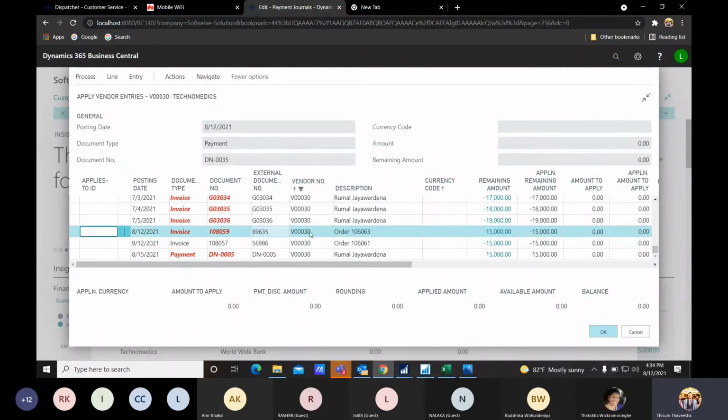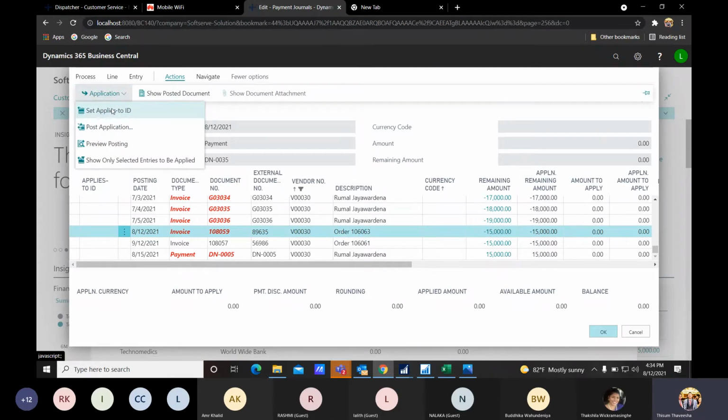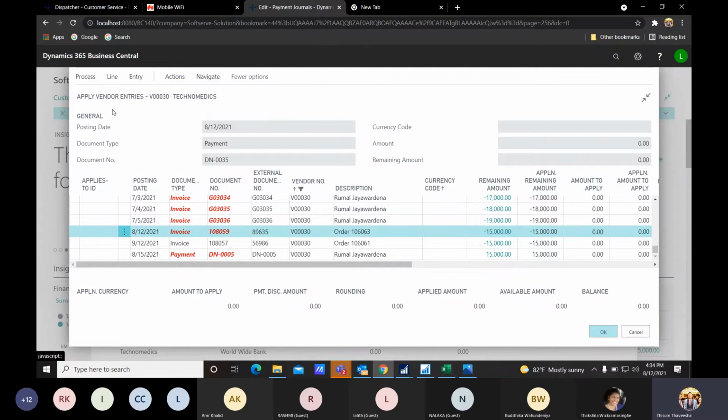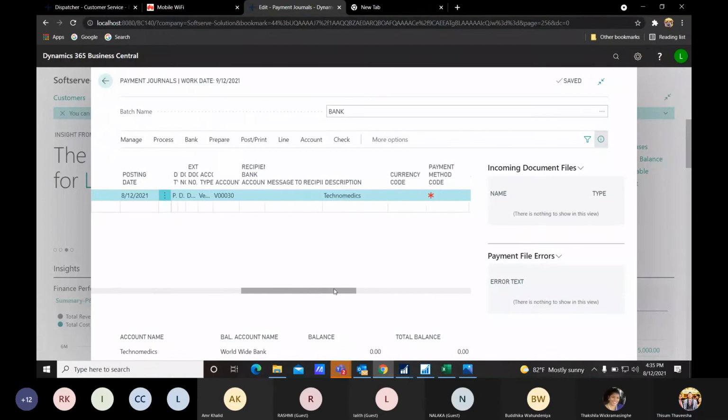This is the overdue invoice. So from here the 15,000 remaining amount, right? So 15,000 was the total invoice value, because at 1,500 we purchased 10 of the quantity, and then here we have the option called set applies to ID. When we select the set applies to ID, okay, this would be generated, and then when we press OK, the relevant 15,000 amount would be loaded automatically. So this is where we want to do the payment for a relevant vendor against the invoice. So we can use this function. This is very easy. So this payment would be against invoice, and that invoice would be set off,